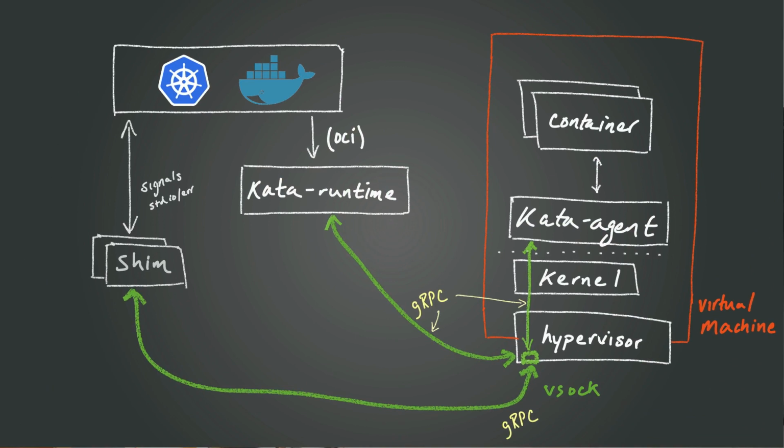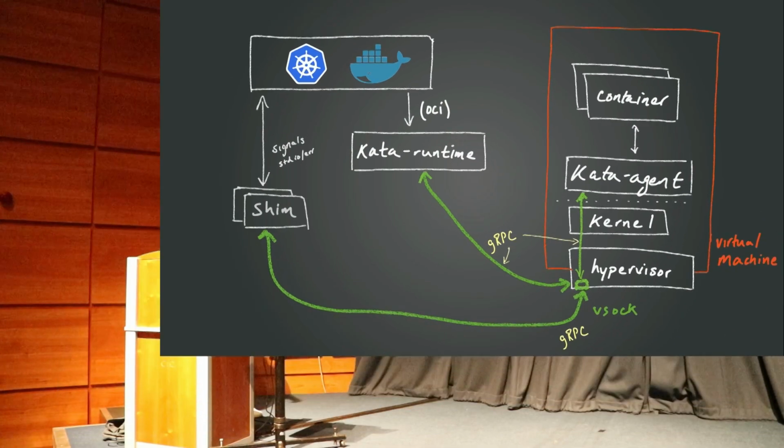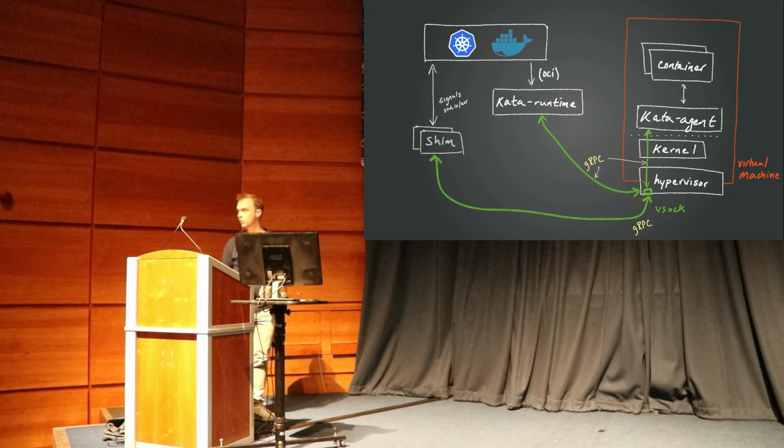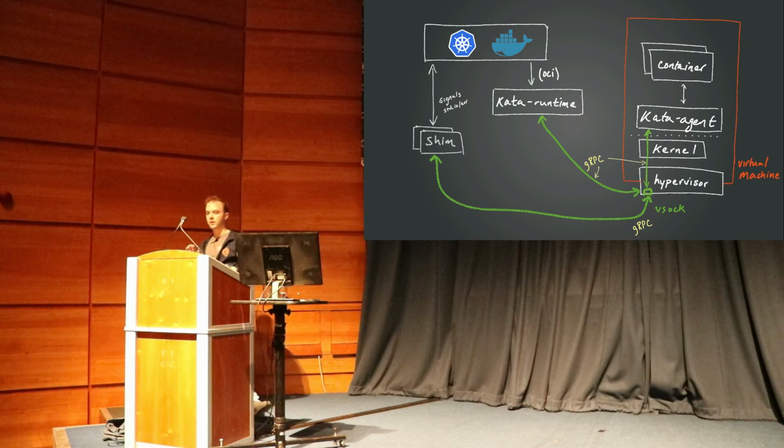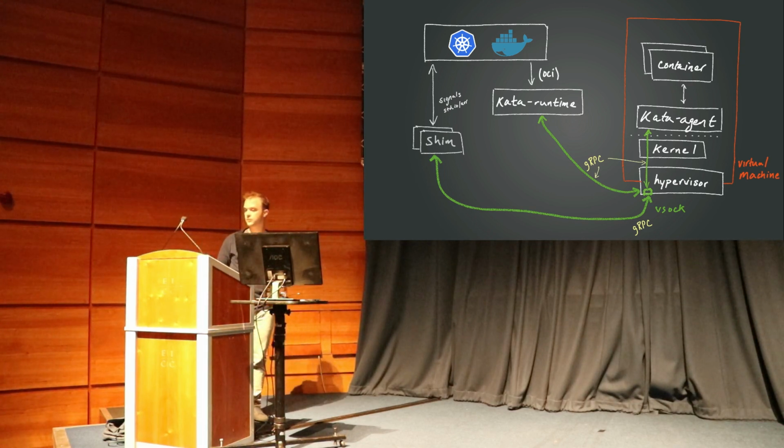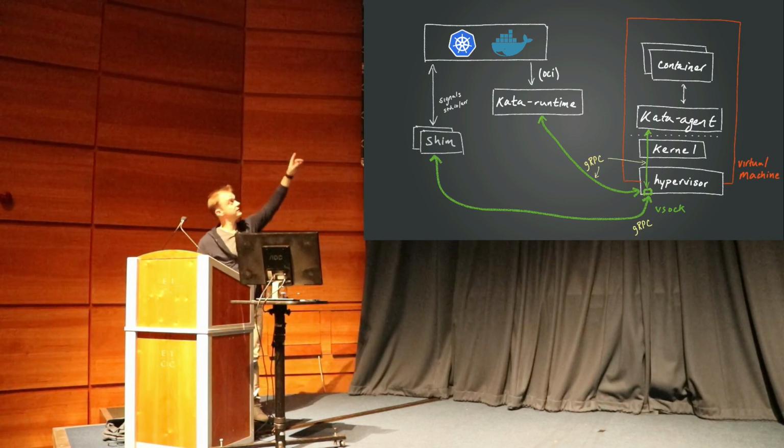So what does it actually look like? I say Kata runtime, that's the runC equivalent. If you have an upper layer orchestrator like Kubernetes or Docker, you're going to say kubectl, apply this workload, and it's going to create the workload and then run it. So what we do is receive the command that says create it, and then what we're going to do